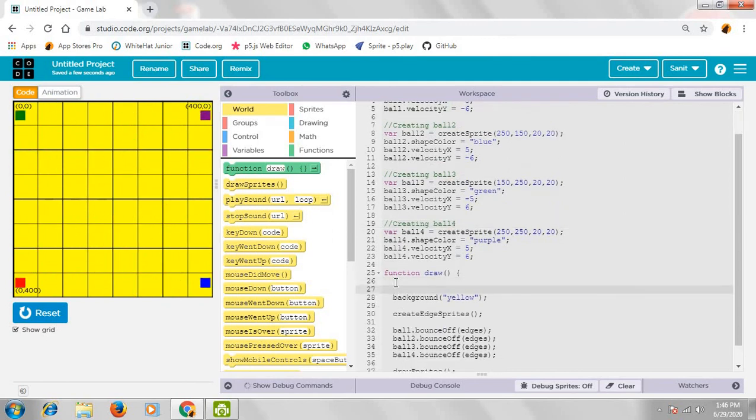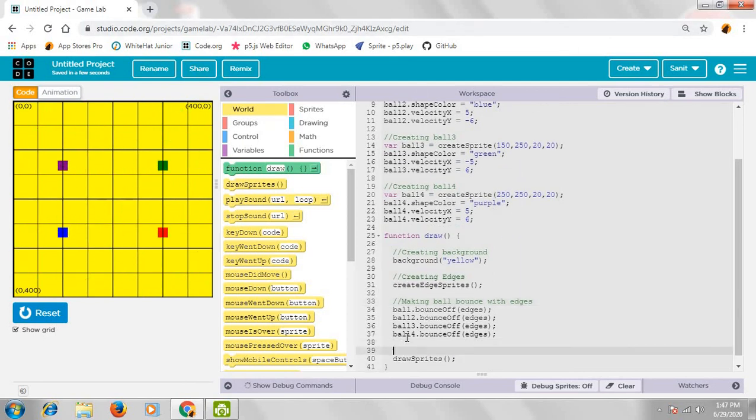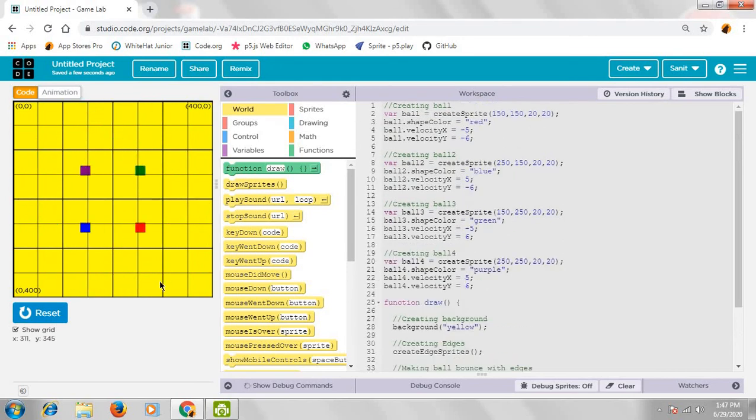Here creating background, creating edges, making ball bounce with edges, and this last one is to display sprites.